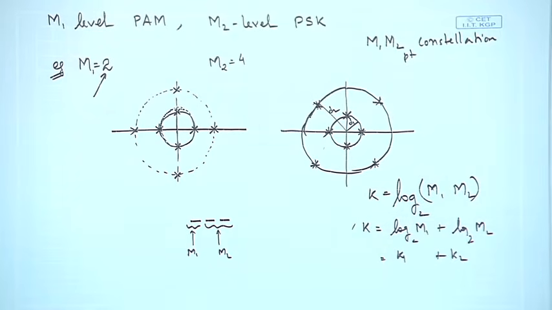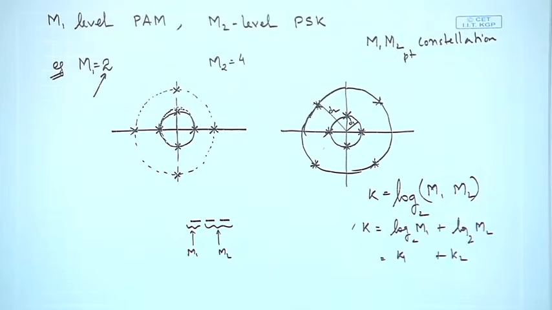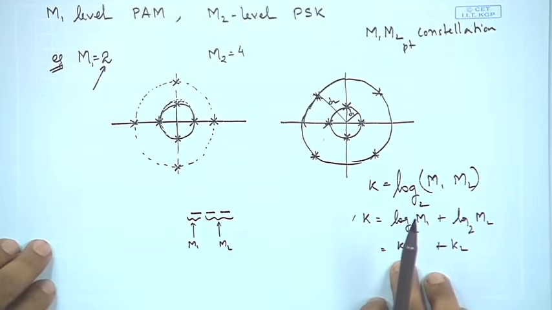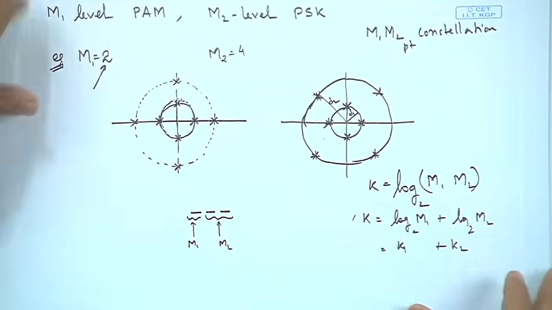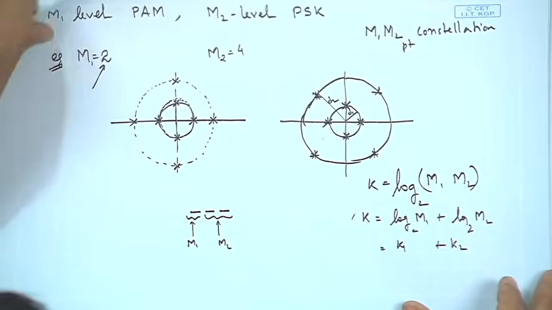And here again you could use gray coding in order to ensure that the nearest neighbors differ at most by 1 bit. So, again that is not a very straightforward and simple job, and you could try to write an algorithm by which you would map these bits to constellation points or to the signal locations, which would generate the mapping in a gray coding format. All right. So, this is one way of looking at it,